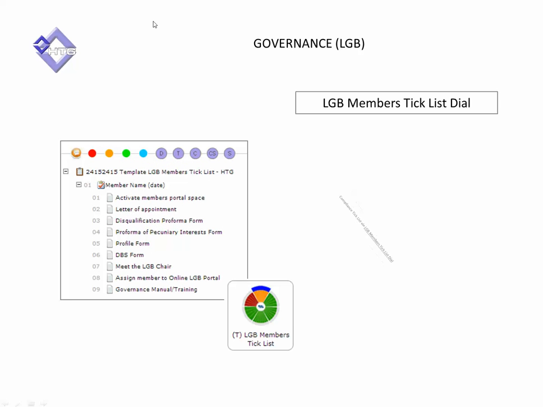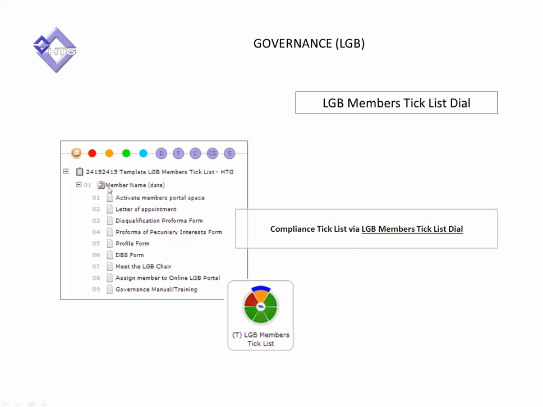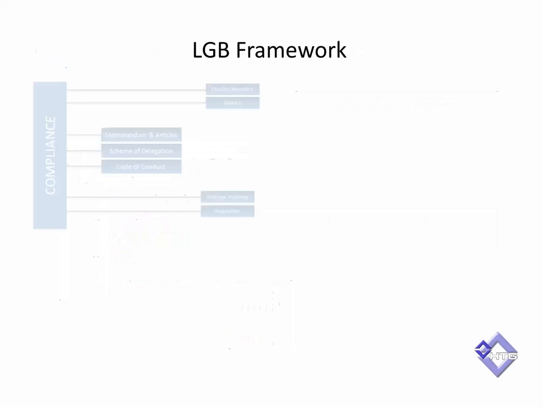Members: what we've got there is a member's name, the date they came on board, and confirmation that they've received all this documentation, they've understood, and we've activated it. So it's simply an induction tick list, but it's online, highly visible for the academy, for the trust, and for the governing bodies. We don't have to ask an administrator to know if we're compliant within our team.